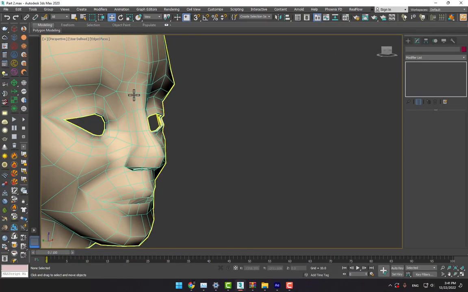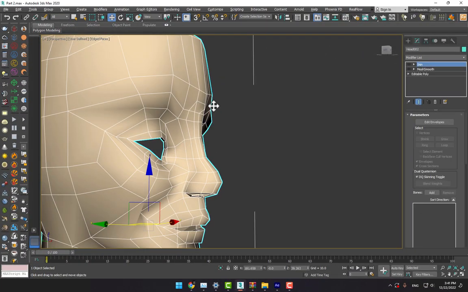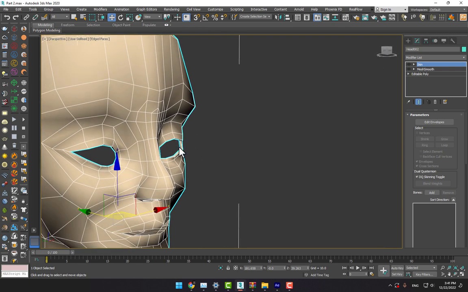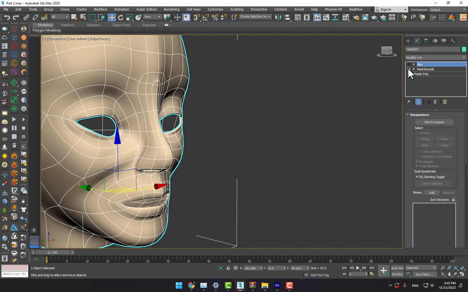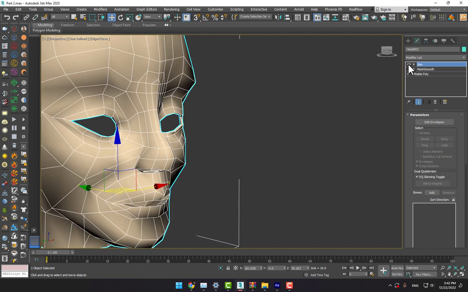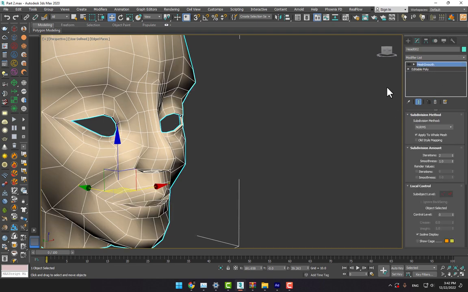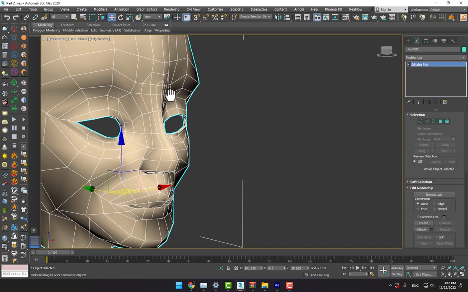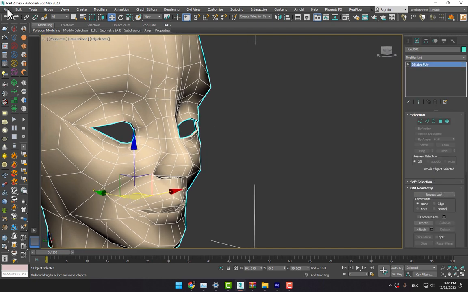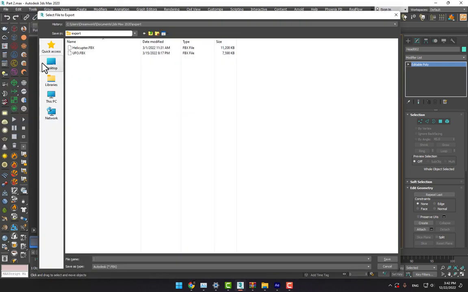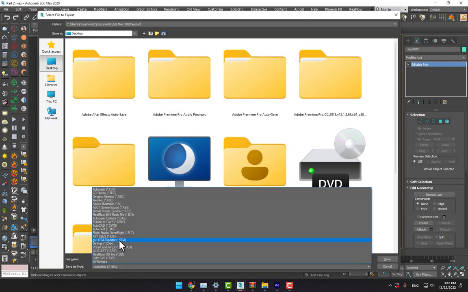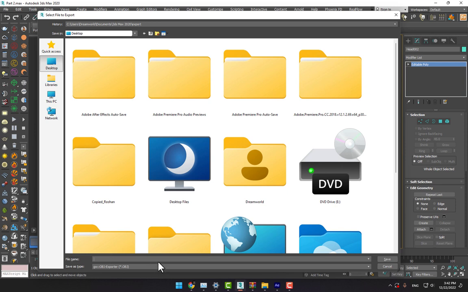This is 3ds Max and this is the model of a head, low poly. If you turn on the mesh smooth modifier, it will change to high poly. The skin is not important, so delete the mesh tool, select the head and go to File, Export, Selected, Desktop, select the OBJ and right here, head, low poly,